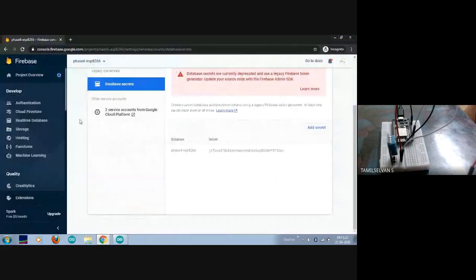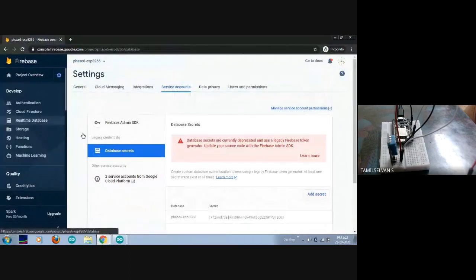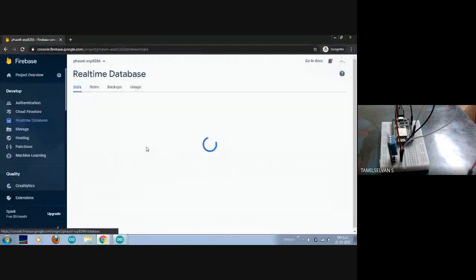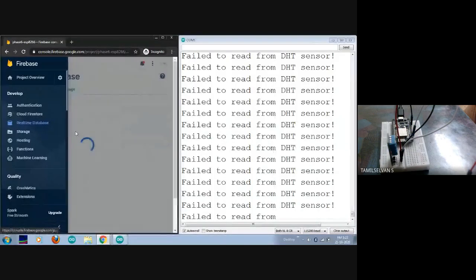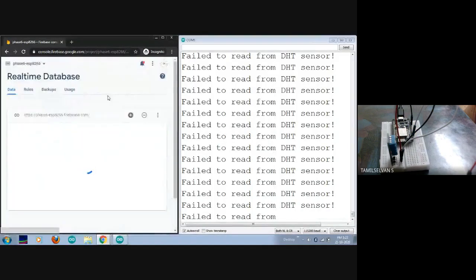So you just click onto this Realtime Database and keep it on one side. Here, this path is available by default, but no variables were created. And in the serial monitor it is showing that the DHT sensor failed to read.